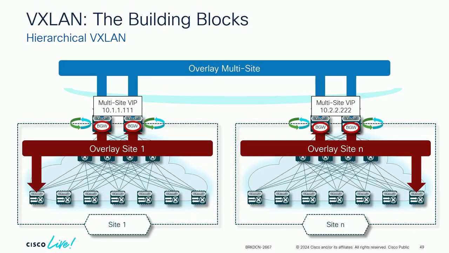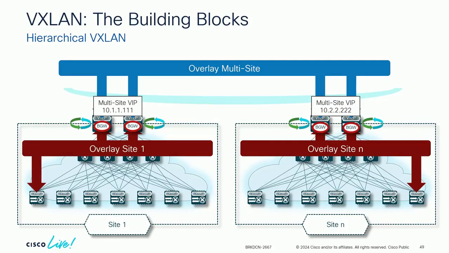Okay? And how this works is anything known in the local overlay in Site 1 will be handled at a forwarding level inside of Site 1, leaf to leaf through the spines. Anything I don't know, think of it as a default route concept, I will send to the border leaf. And the border leaf will have an established relationship with its constituent border leafs. It'll basically say, if you don't know, go to 10.2.2.222, because he knows. We will decapsulate at the spine. We will re-encapsulate or establish a net new